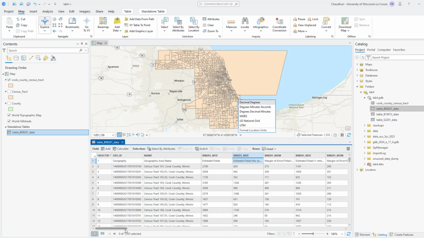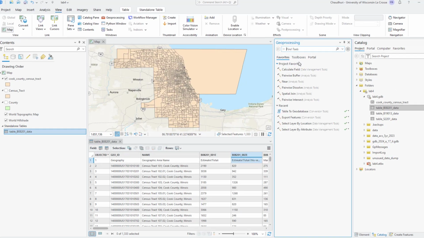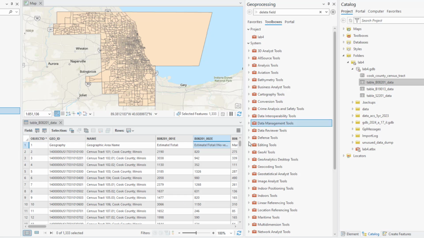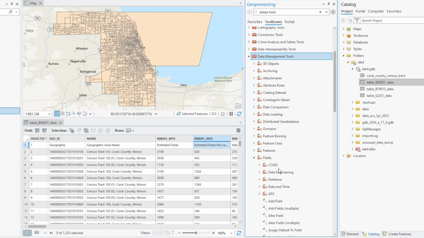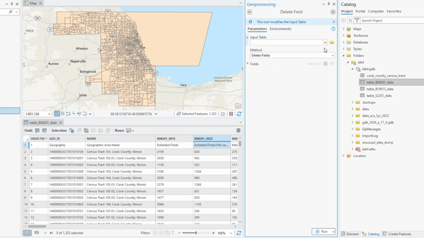But if you have multiple columns, which is a ton of columns here, if you go to the view geoprocessing, I'll just dock it on the right, and toolbox, then data management tools, and in fields, if you go to under the field option, you will have the delete field. And in here, if you go to the drop down menu and select the table, the easy way out would be select all and then uncheck the 4 columns we need,